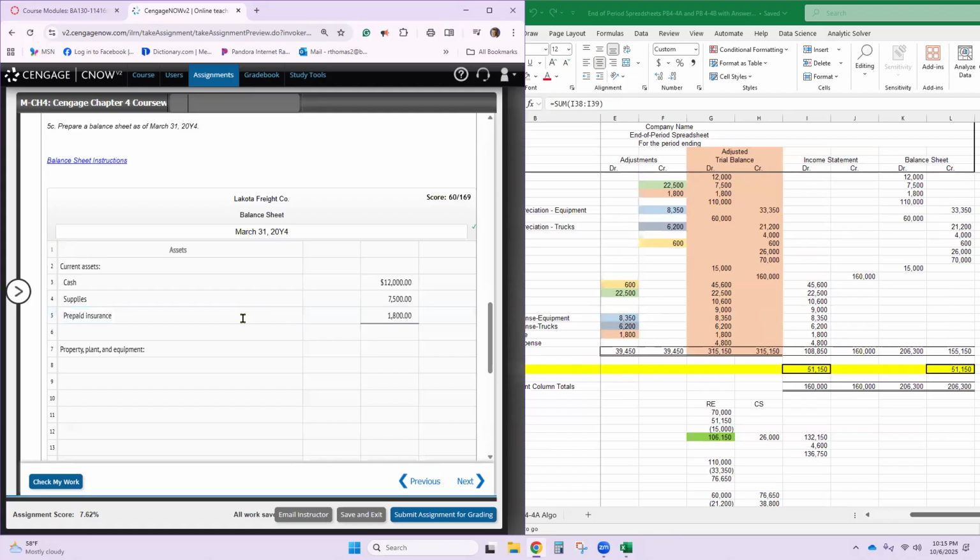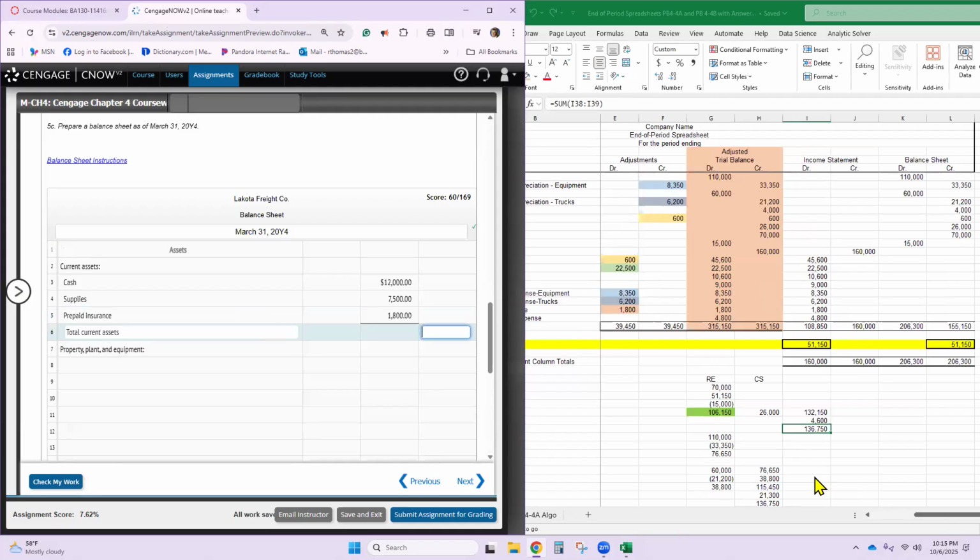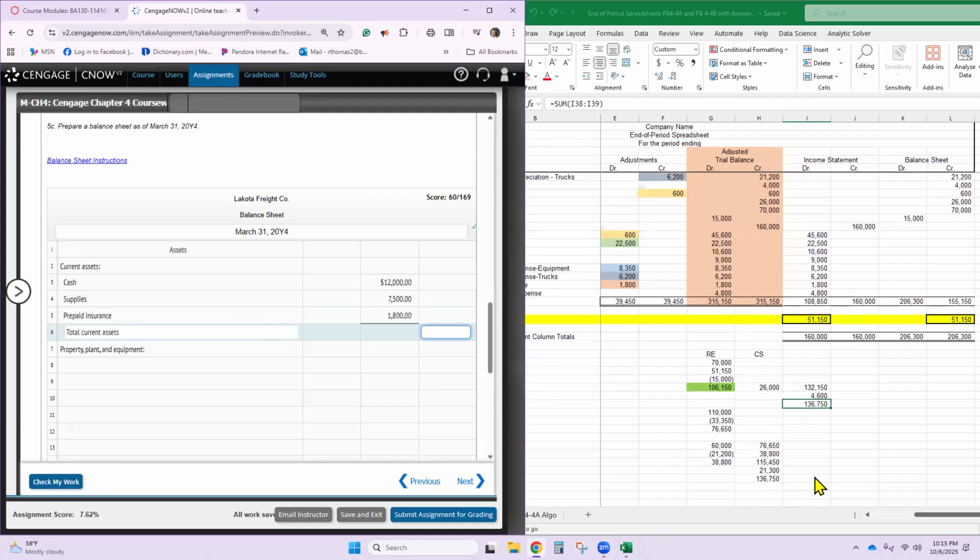Okay, so then we have our total current assets. And I have those added up here. Good.